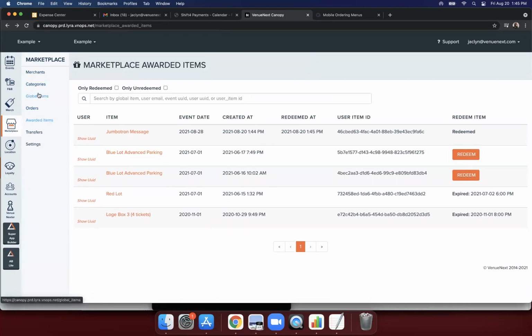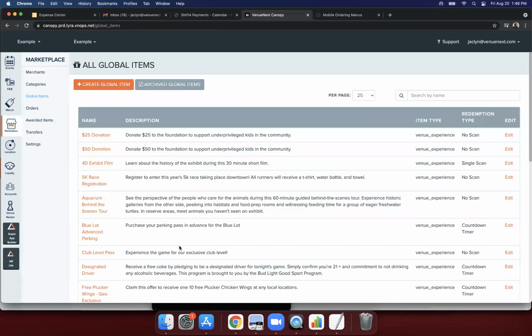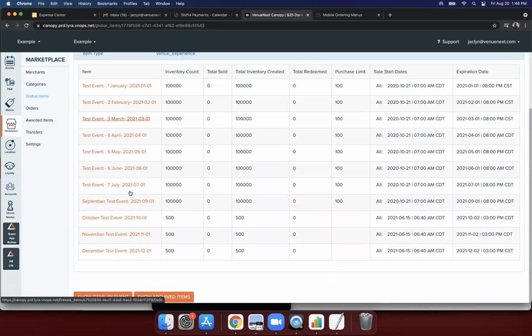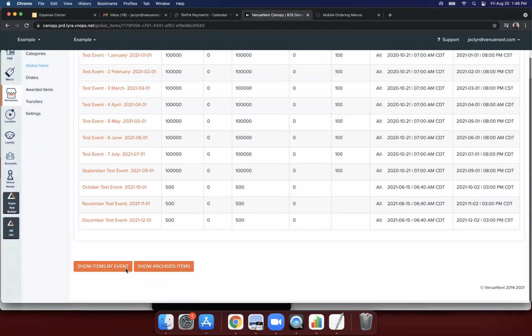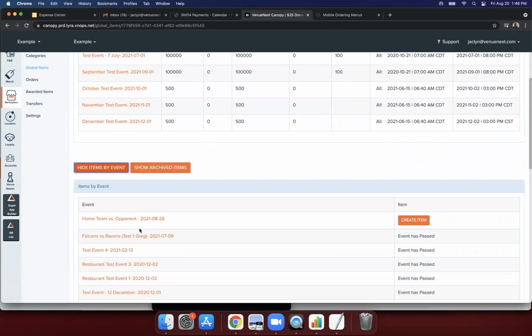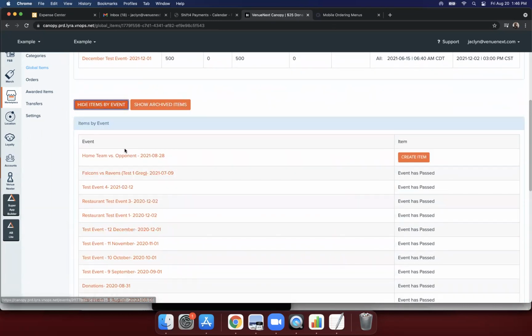The last thing I'm going to show you is how to use an existing item in a new event. So maybe we want to add this $25 donation to my new event that I just created. Well, we don't see it here. When you want to add an existing item to a new event, you're going to go to show items by event. Hang on a second. There's my event. And if you notice, it says create item. So if you tap create item,